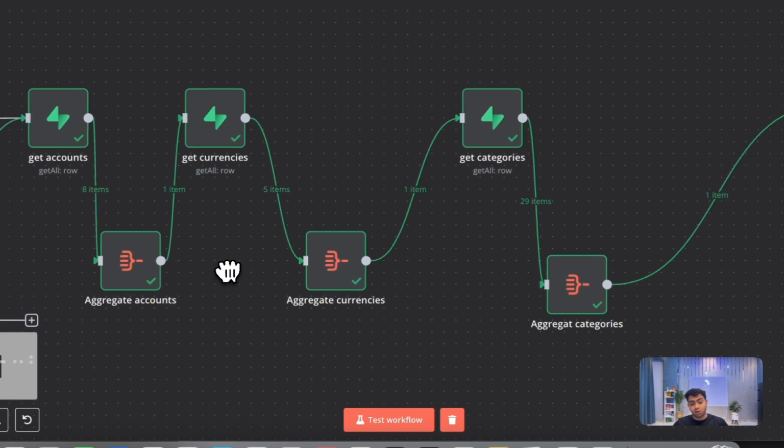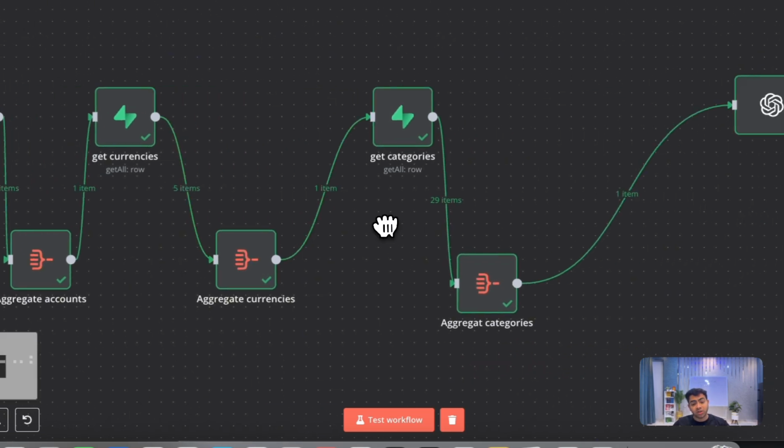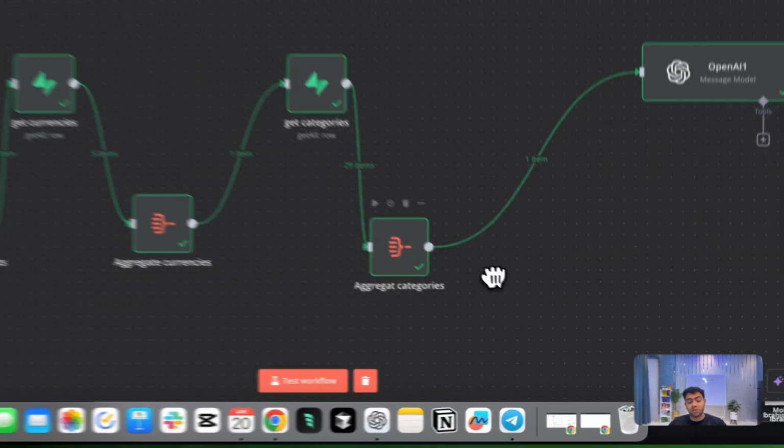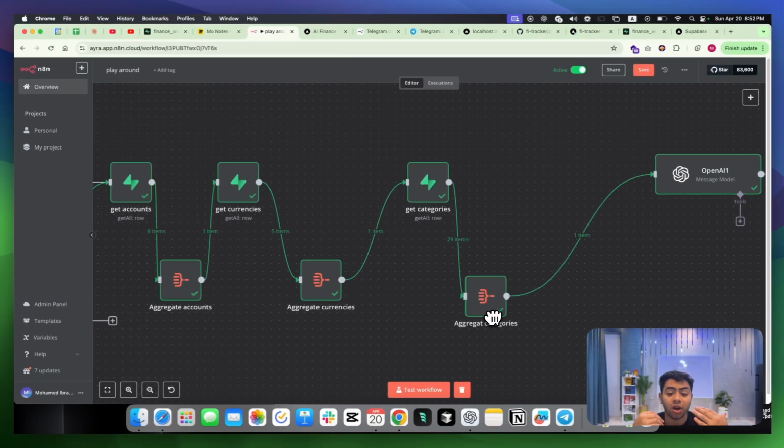I aggregate them into one list. I get all of the categories I have, I aggregate into one list. Now you might ask me, why do I need to get all of the data in the workflow? The answer is simple. So let's say, imagine I have two currencies, United States dollars and, I don't know, Britain